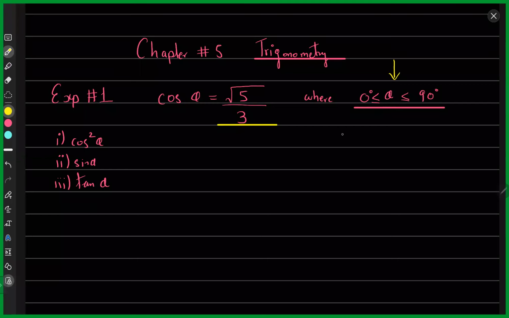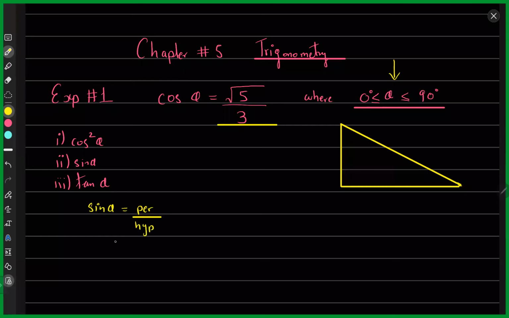So let me make one right angle triangle according to the scenario. Okay, this is a triangle. Now we know that the ratios are sine theta equals perpendicular over